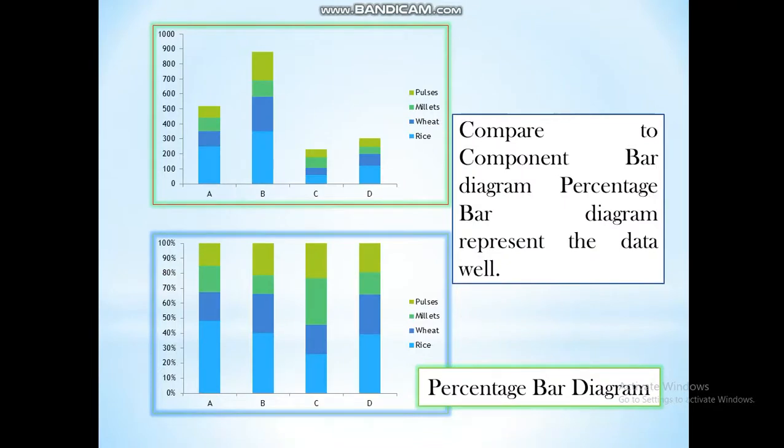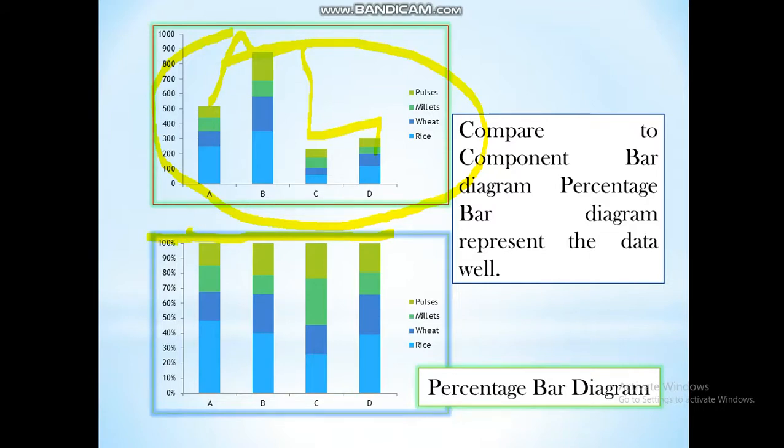The difference between the component bar diagram and the percentage bar diagram is this. This is the component bar diagram. In this diagram the height will be varying. But in the percentage diagram we will have equal height because we are measuring in 100%. So this is the main difference. The component bar diagram has different heights. In the percentage bar diagram we will have